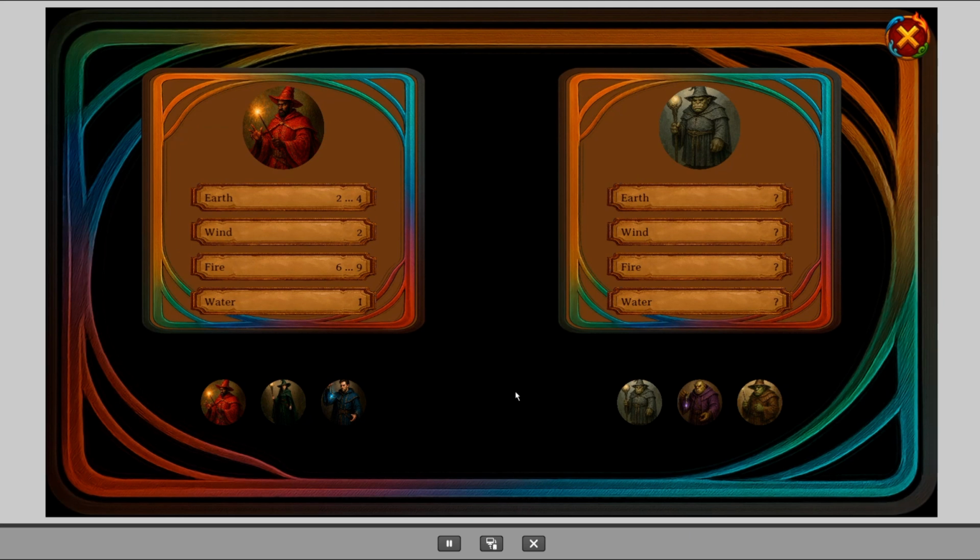Here's an example of how this battle system works, set in a mystical scenario. On the left are the player's cards, while on the right are the opponent's cards. In vertical screens, the player's cards are on top and the opponent's cards are on the bottom. Each card has up to 5 different attributes, named according to their content. In this example, we use 4 of them: earth, wind, fire, and water.